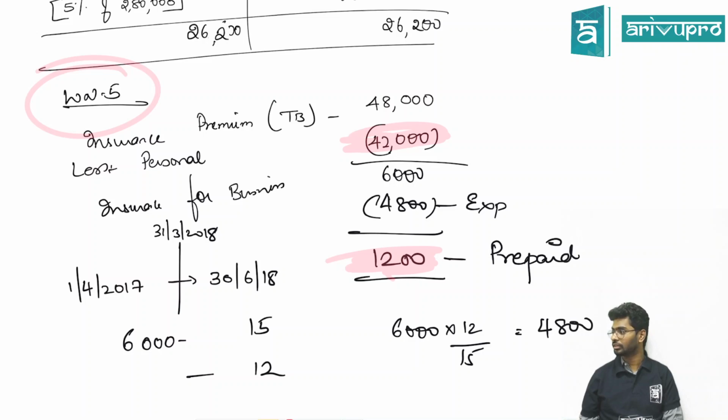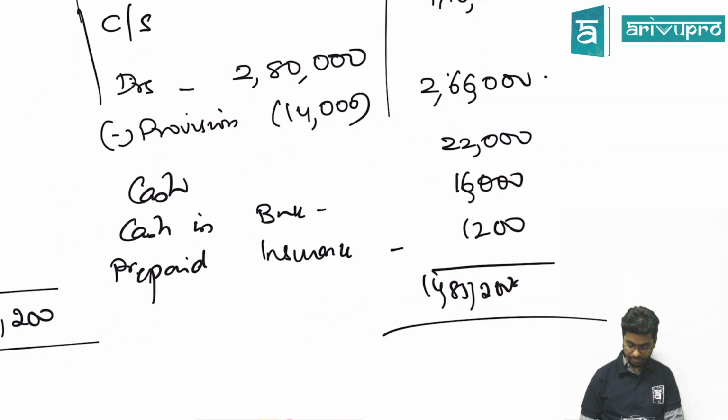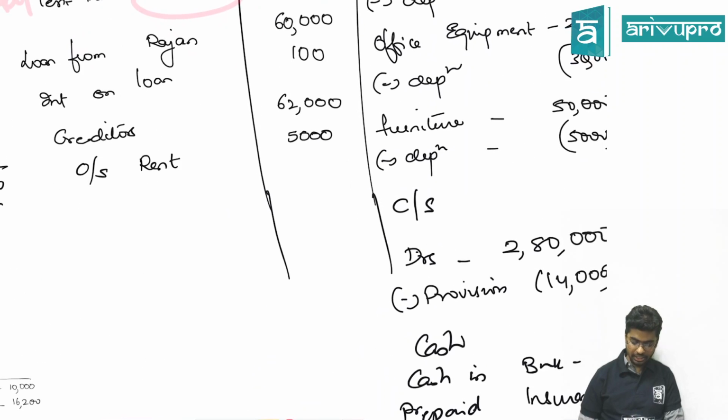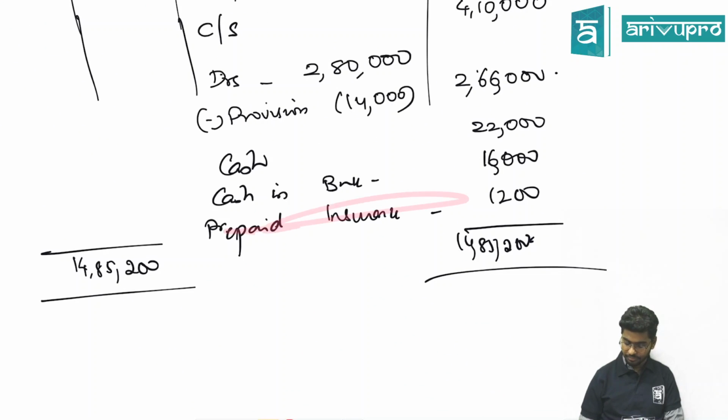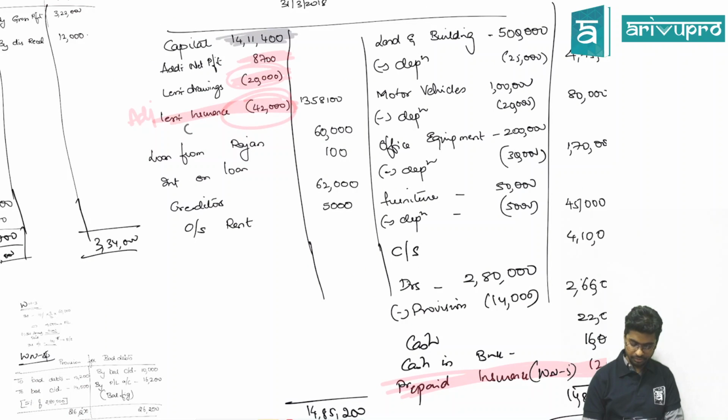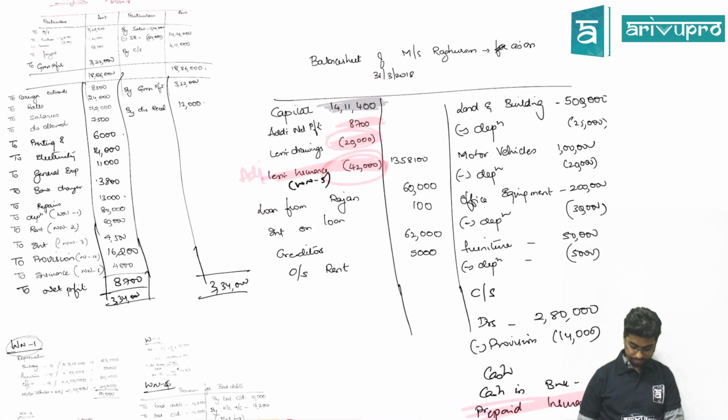Are you clear till here? So let me come to my balance sheet. See here, I have recorded insurance as drawings. Drawings basically reduces my capital. That's why I have reduced it from my capital account. Second item, I should be writing on the asset side, 12,000. So that the examiner can identify which was my working note number 5, both the things. Are both of the adjustments clear? Is everyone clear with it? Then